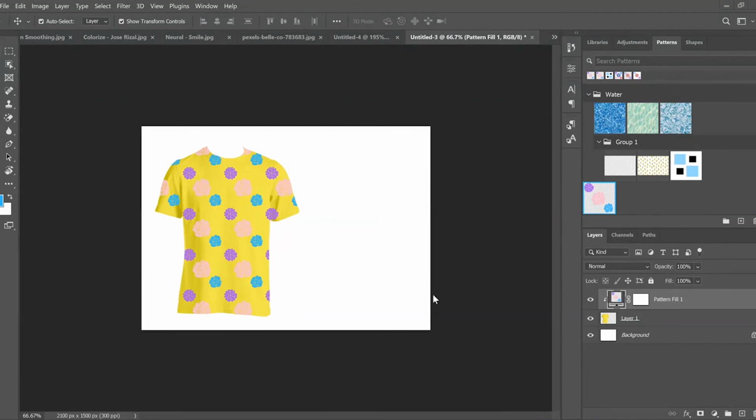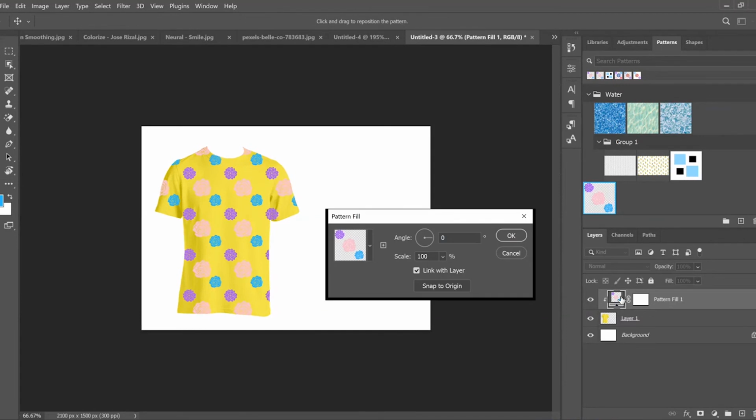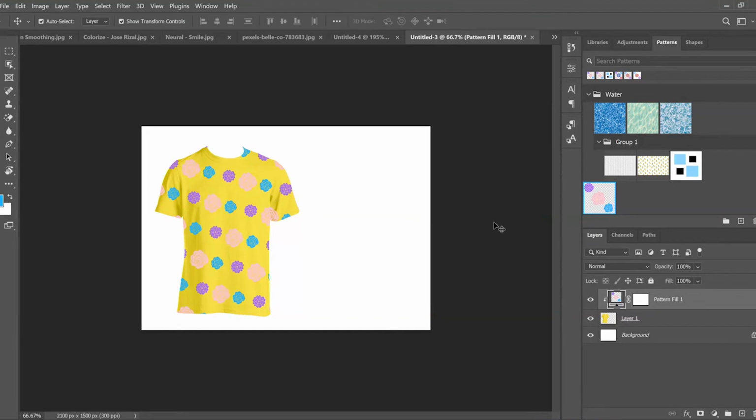Okay. We can also change its orientation by the June 2020 update, where we could use this angle editor.